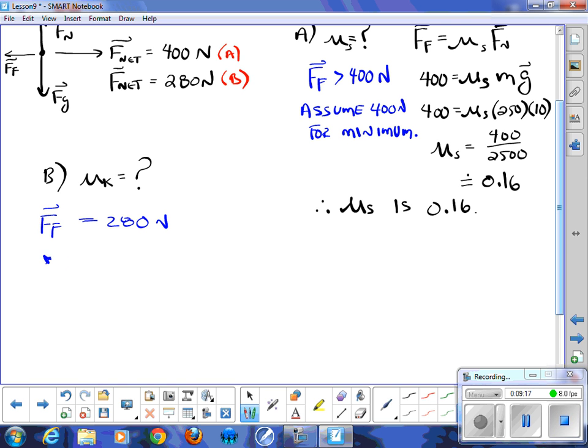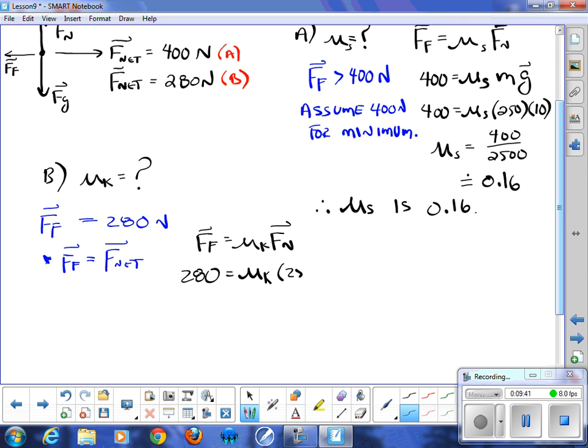So our force due to friction has to equal at least the applied force in order to solve this particular question. So we return to the same formula once again. Force due to friction equals mu k multiplied by normal force. So 280 is equal to mu k multiplied by mass, still 250, gravity still 10. So now we have 280 over 2500, and 280 divided by 2500